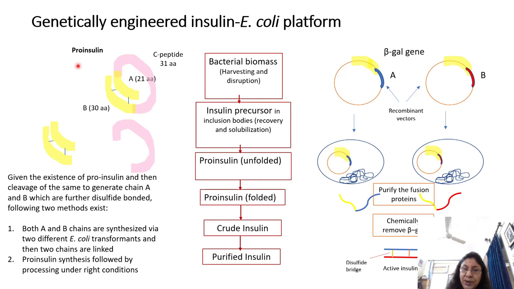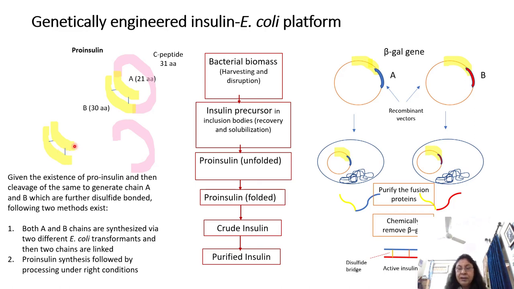During the maturation process, what happens is that this pink part of the polypeptide chain, which is also called a C peptide, and it is made up of 31 amino acids, is going to be cleaved out, and what is left behind are these two different polypeptide chains which are called A and B, and the way that they are held together is through these disulfide bonds. Okay, so in the process, therefore, it is not just a question of making a protein. It is also a question of processing it correctly in order to give rise to the mature insulin. And then this C peptide, as you see, which is originally in the proinsulin, doesn't appear in the final protein.